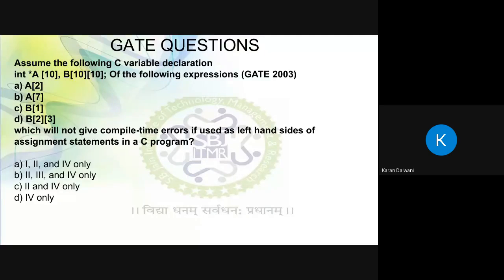नहीं, आप क्वेश्चन नहीं समझे। आप क्वेश्चन में क्या लिखा है देखो, which will not give compile time error if used as a left hand side of the assignment statement. ठीक है, तो आपको ये मान के चलना है कि वो जो ऑप्शंस दिए हैं ना, वो इक्वल टू के लेफ्ट हैंड साइड में लिखना है आपको। तो ओके। ऐसा कौन सा ऑप्शन है जो आप लिखेंगे तो एरर नहीं आएगा? क्वेश्चन ठीक से पढ़ो, है ना।